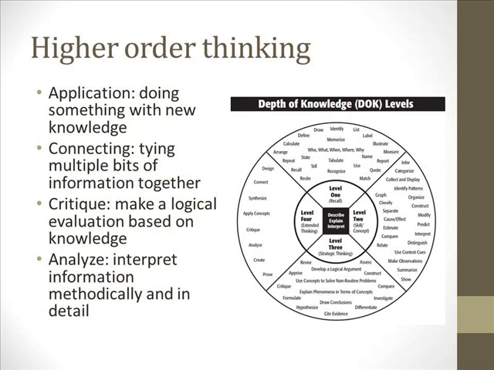Critiquing, and that's making an evaluation based on something. So essentially developing an opinion, and then more importantly than just having an opinion is being able to defend that opinion. That's being a critic or critiquing. And then analyzing. That's to interpret information in methodological detail. And so that's us being able to look through and understand something and see what it is that it's trying to tell us, and that's analysis. So we'll be doing all those higher order thinking. A lot of those will involve writing, some of those will involve projects, but you'll have a hand in deciding how you want to deal with most of those things.